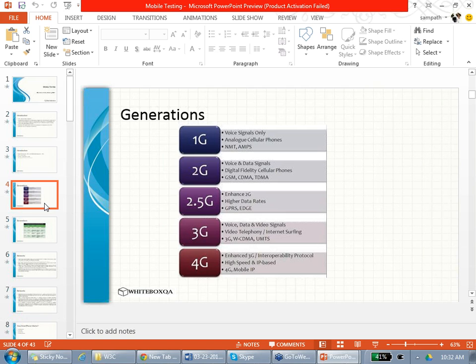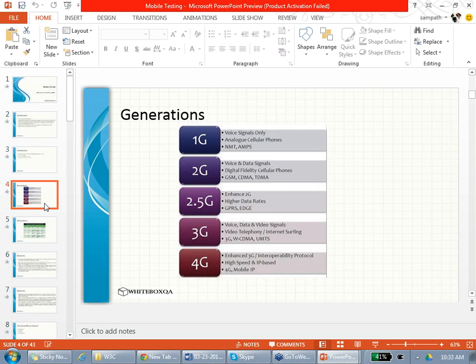Actually, it all started in Europe, Sweden or somewhere, I forgot which. So 1G was started there. And then even Motorola phones were the first phones, I think, who started 1G here. And then Qualcomm, do you know Qualcomm? It is in Sunnyvale, San Diego. They are one of the primary ones who created technologies like CDMA and really worked hard on 2G. This is one of the companies which really strengthened 2G and CDMA.